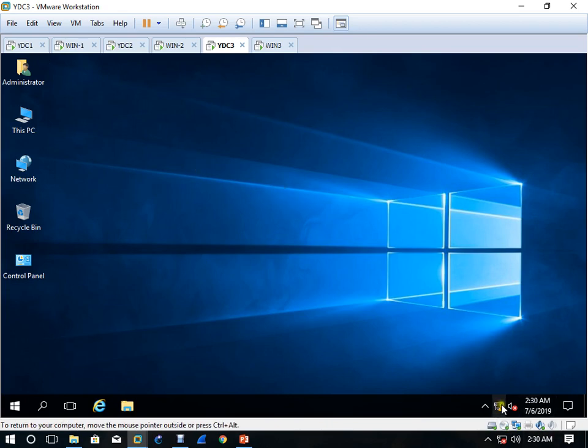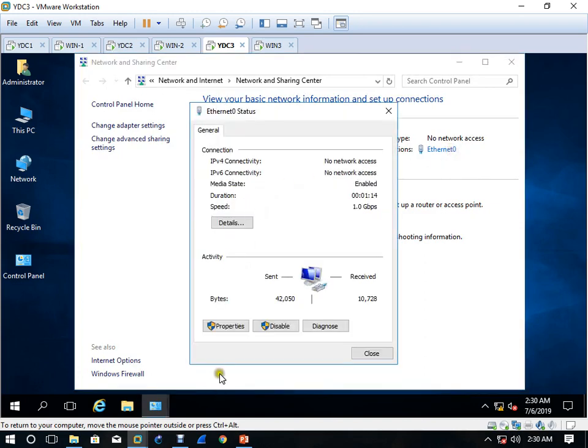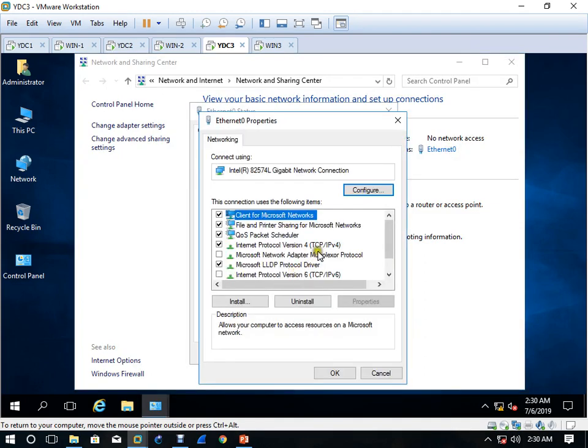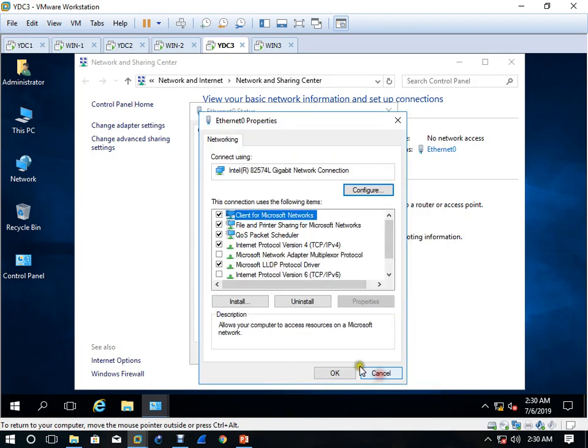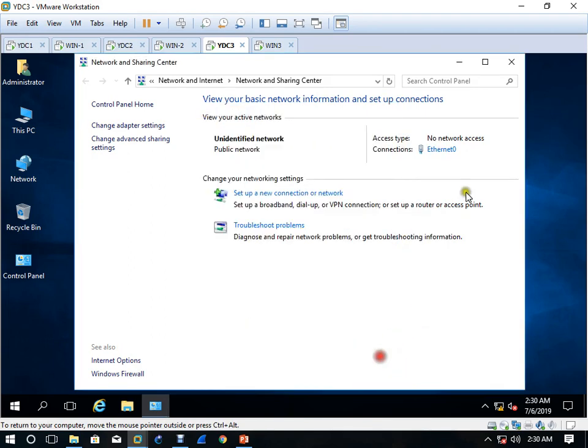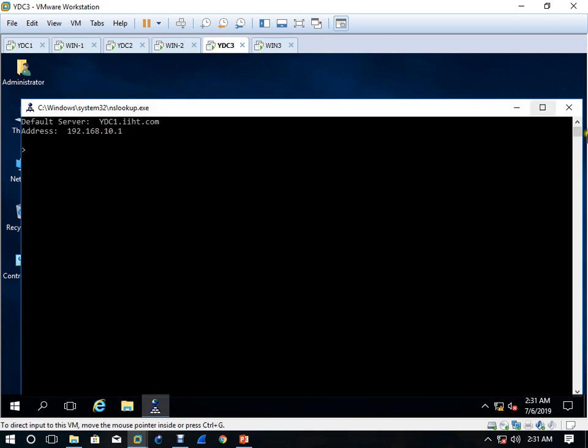First we'll go to our LAN card properties, IPv4. We have to put the address as per our DNS, which is the IST DNS. Okay, fine, click OK, and you have to check whether NS lookup is working or not. Okay, NS lookup is working.